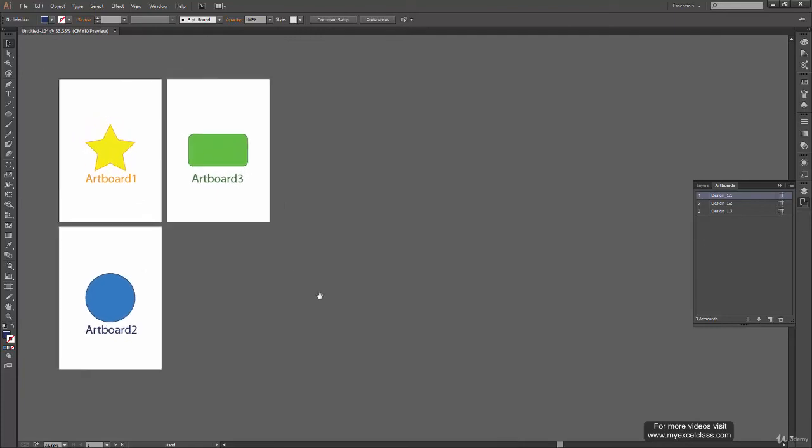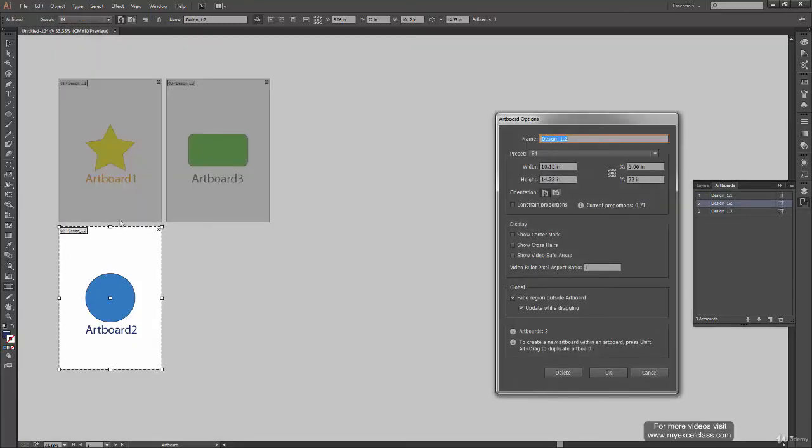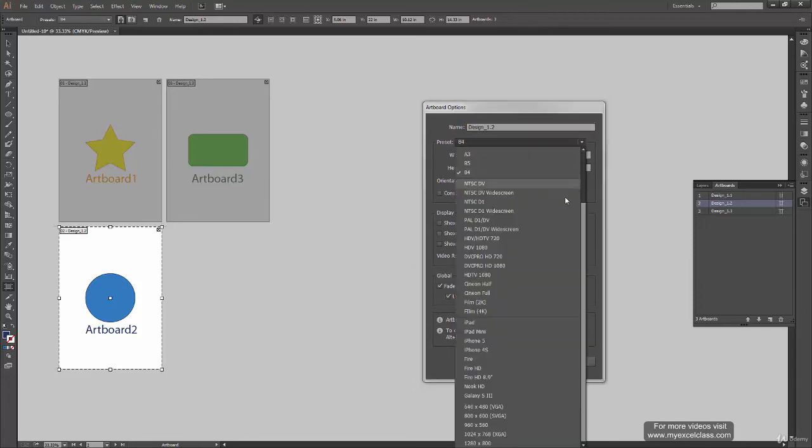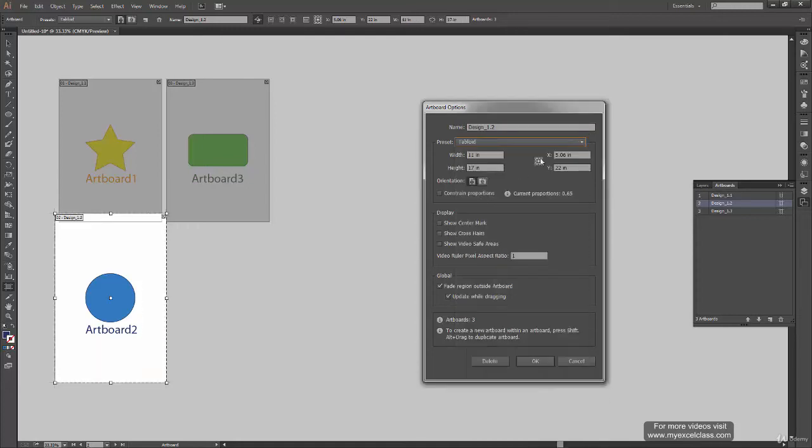Bring it over here, and now when I click on any of this, let's say I click on the second one. So I'm getting certain options only for that artboard. So I can go to preset and I can change its size to anything.